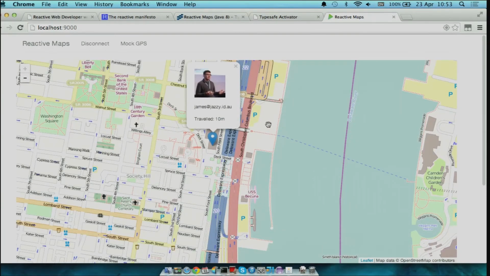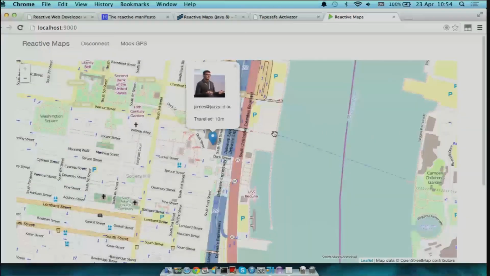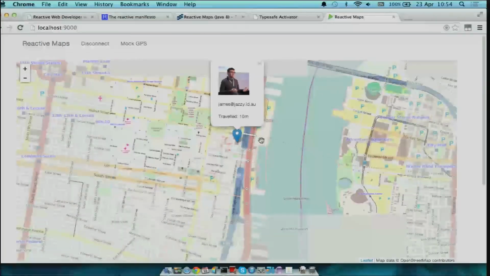I'm in Philadelphia. And what this application does is when you connect to it, it simply sends your location, and then you can see the location of everyone else that's connected to it. It's sponsored by the NSA, but don't worry about that. So obviously it's pretty boring just looking at, because I'm running this locally, the only person connected is just me.